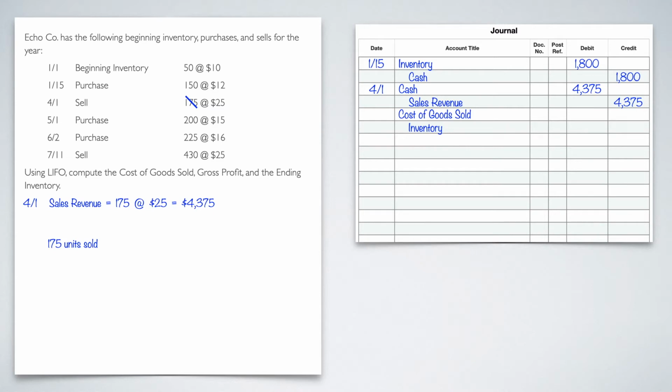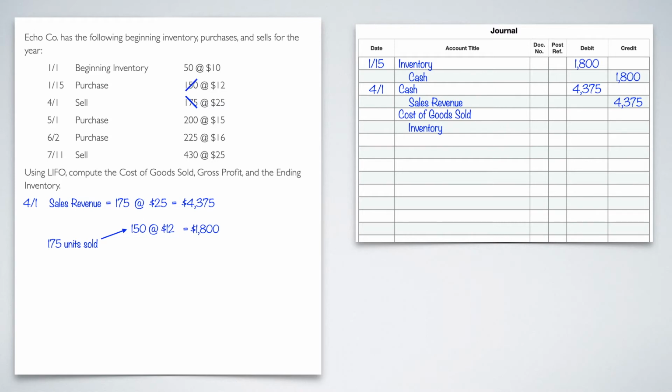We're using LIFO. Remember, it means last in, first out, or more specifically, the most recent from that sale is the first ones that we expense. So it's a bottom-up approach, but we're only going to start with what we know. And as of April 1st, we don't know anything below it, so we have to go above it to the January 15th purchase. Of those 150 that we purchased on January 15th, we're going to take all of them. So 150 at $12 a piece gives me a total of $1,800. I'm going to put a little slash mark through the 150 in a different direction to let me know I don't have any more of those left.